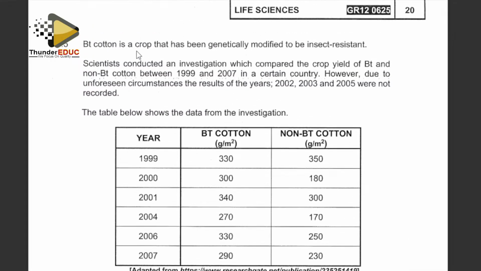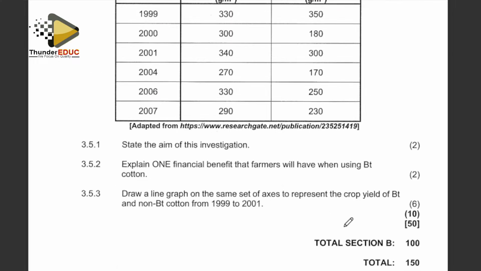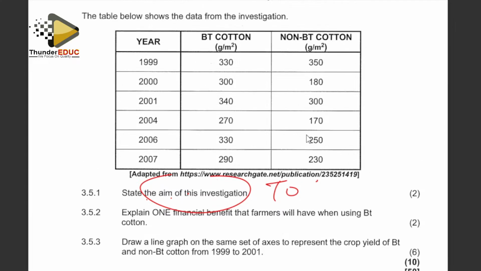BT cotton is a crop that has been genetically modified to be insect resistant. Scientists conducted an investigation to compare the yield of this between this. However, due to unforeseen circumstances, the results were not recorded. State the aim of the investigation. Remember, I say that the aim must start with the word "to". Is to